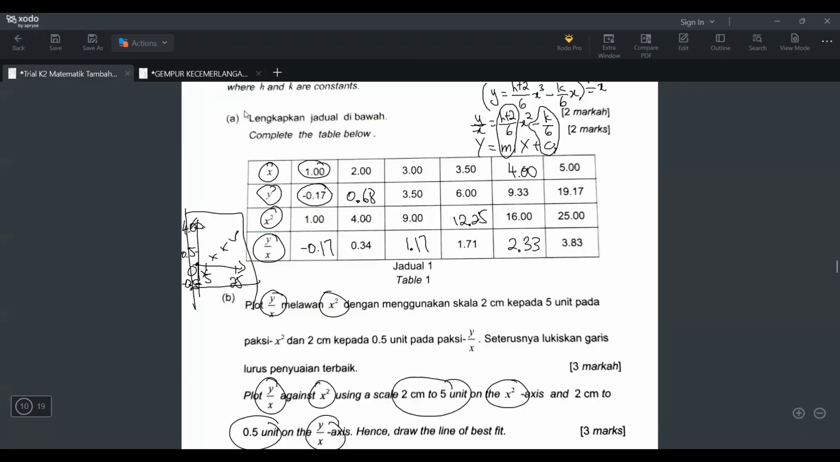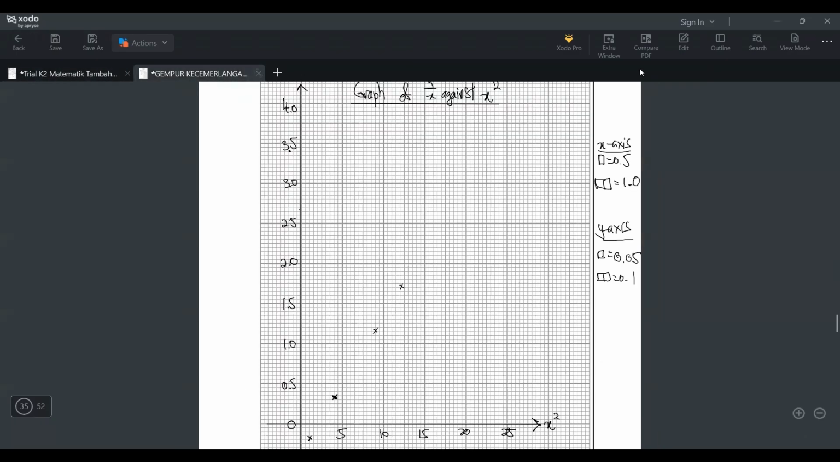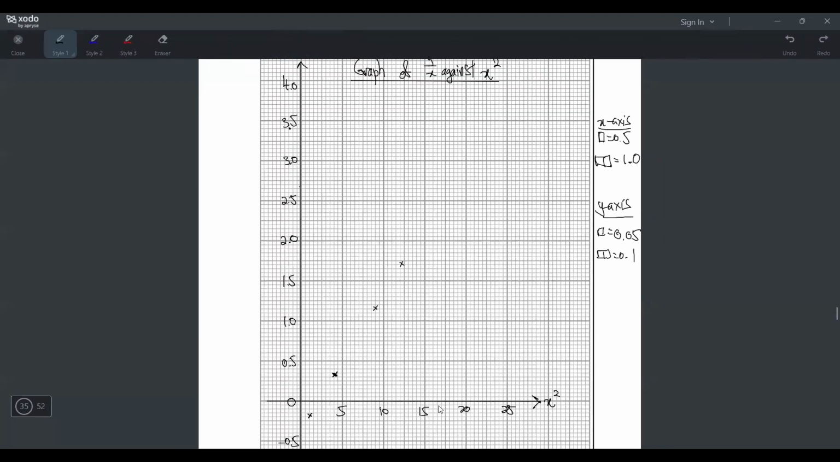So 16, 2.33. Okay, where is 16, 2.33? 16 is just 15 plus 2 kotak. And then 2.33 is just 2.5. 2.5 turun 2 kotak is 2.4. Turun lagi 2 is 2.3. Then what if 2.3 naik 1? It'll be 2.35. So 33 is just